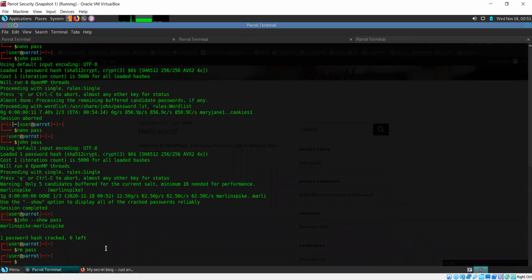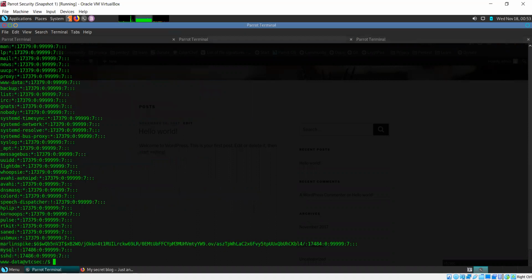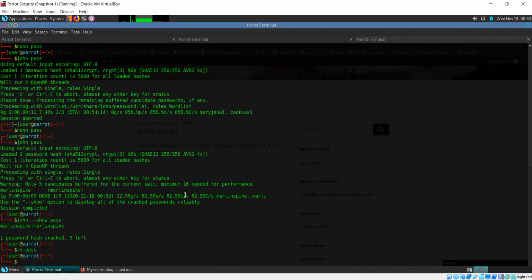Now, if I have the password already, what I can do is either I can switch user here or I can simply log in using SSH.